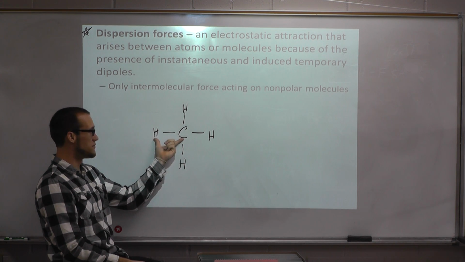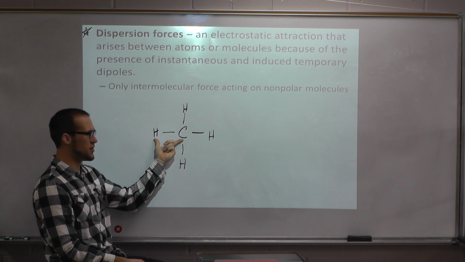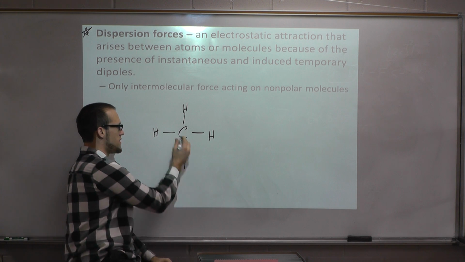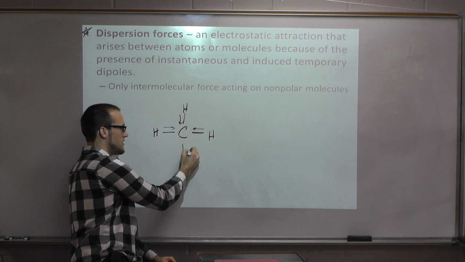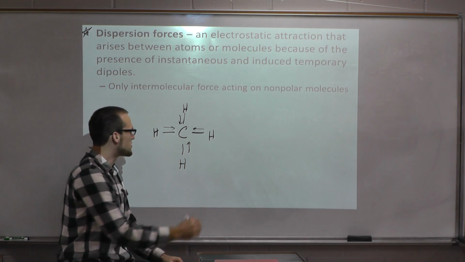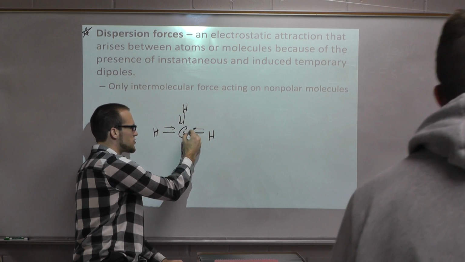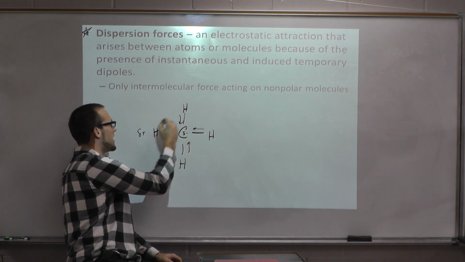Hydrogen and carbon do not have the same electronegativity values. In fact, carbon, I think, is a little bit more electronegative. So what that means is that the electrons are all kind of pulled towards the carbon. A little bit. Not a lot, but a little bit. Make sense? So technically my negative region is right in the middle, and my positive regions are all on the outside.